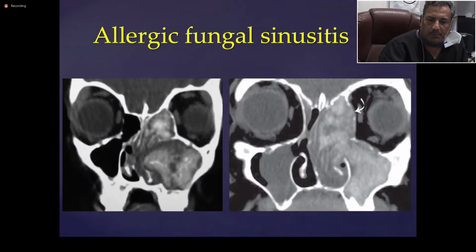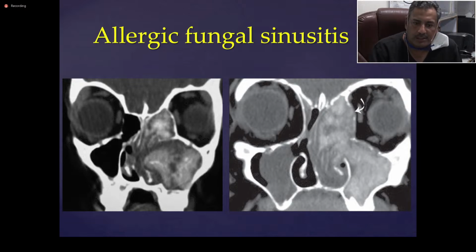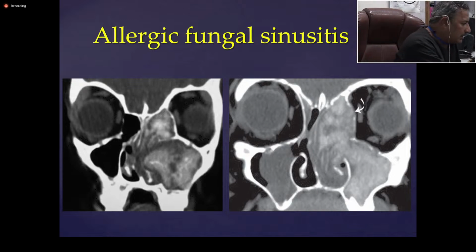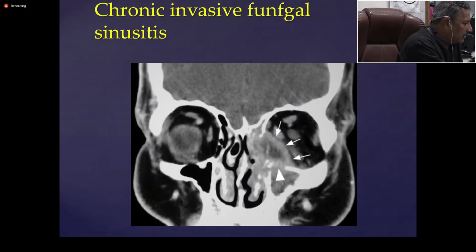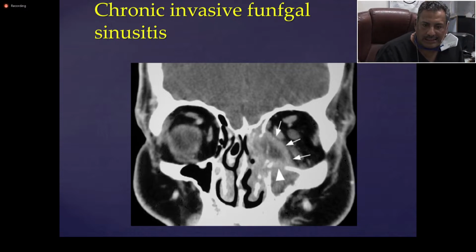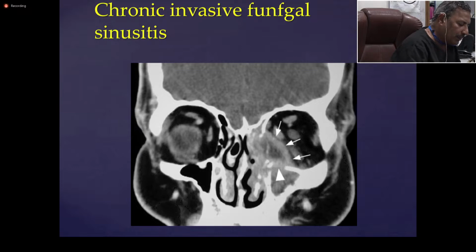picture. See in this, the moment you see this kind of a picture, the plan is straightforward: a full house FESS to remove all this antigenic eosinophilic material, establish mucosal drainage and ventilation, and then introduce the topical steroid. But in this picture, you don't need to do anything. In such a case, you need to plan just a biopsy and then introduce oral voriconazole as an antifungal treatment to